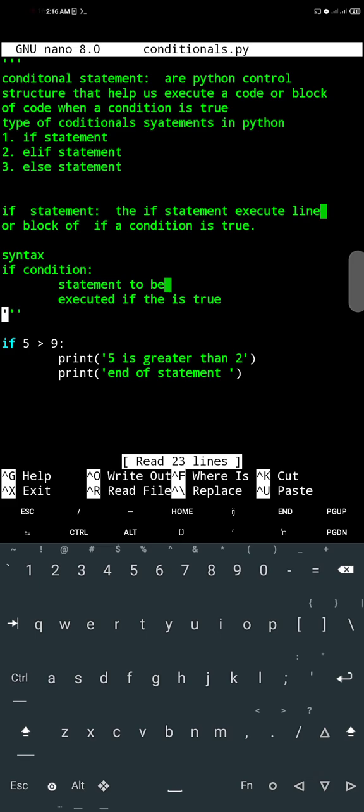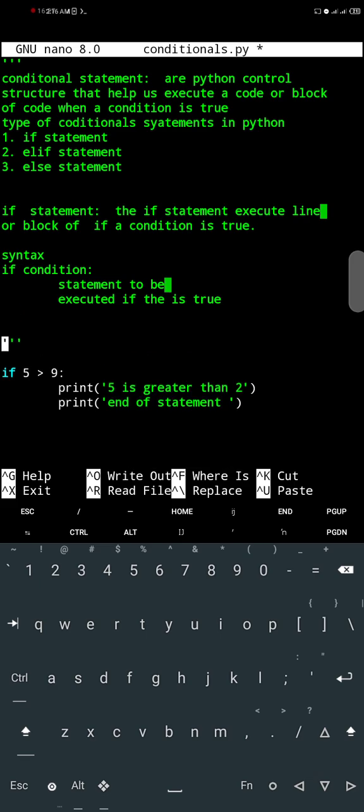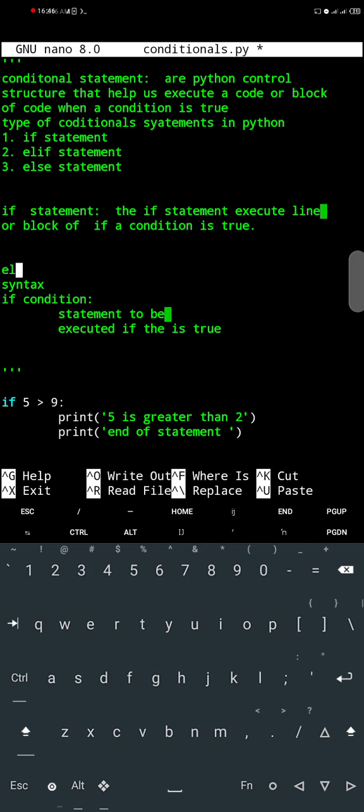And the elif statement is used to execute our code if the if statement wasn't true. The elif statement executes a block of code